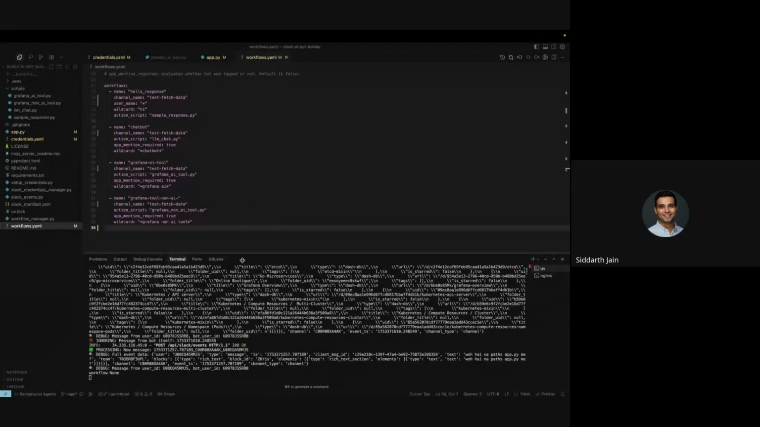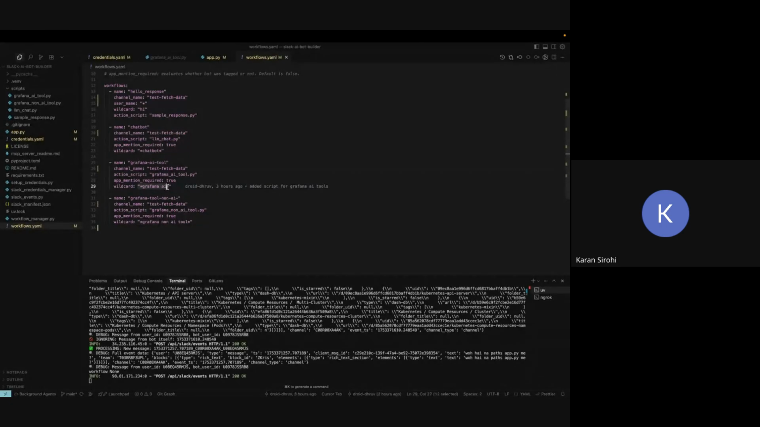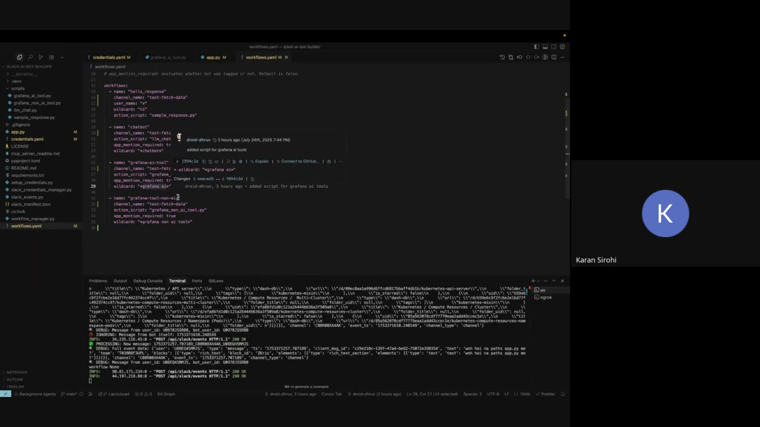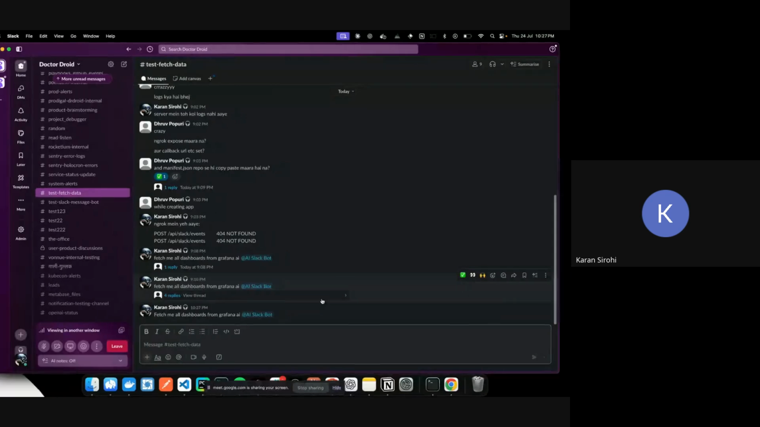Workflows.yaml. So yeah, if you see the third one here, right? If you enter this phrase in your prompt in Slack, then this script will get triggered. So if I just do this, if I press enter,